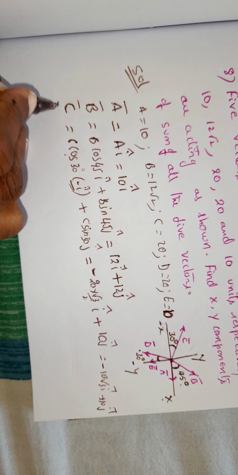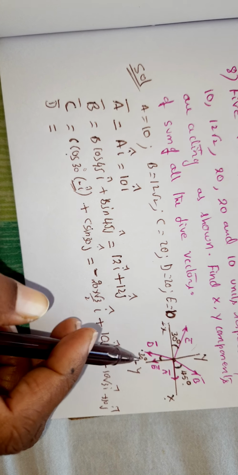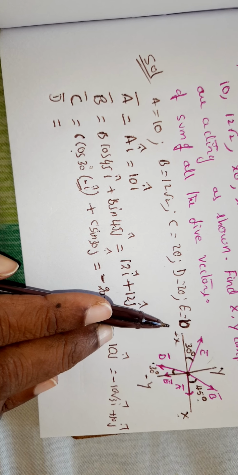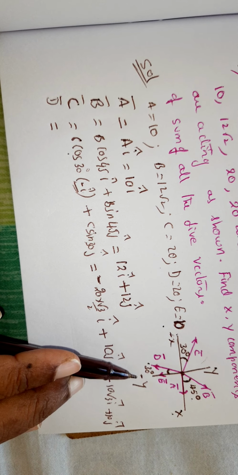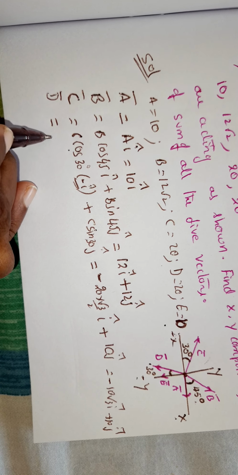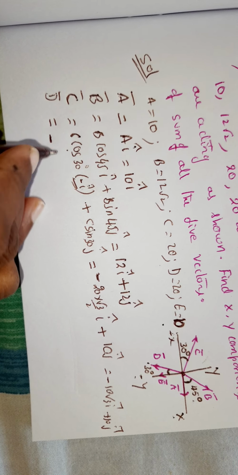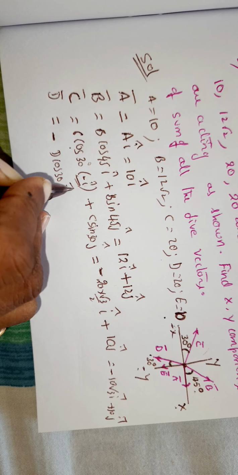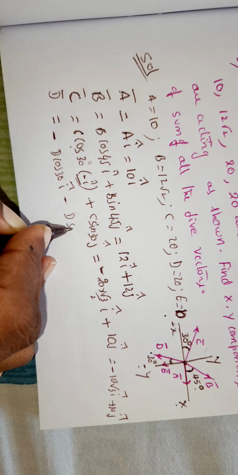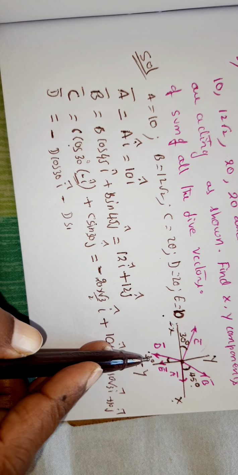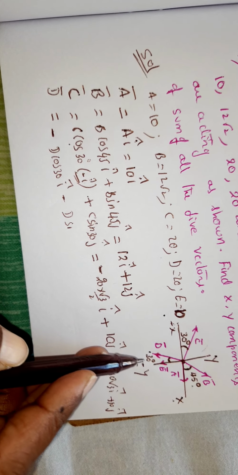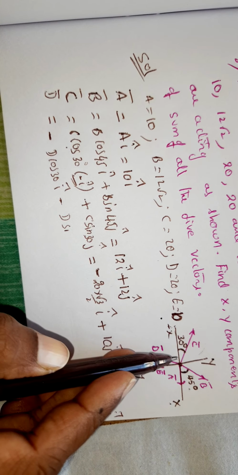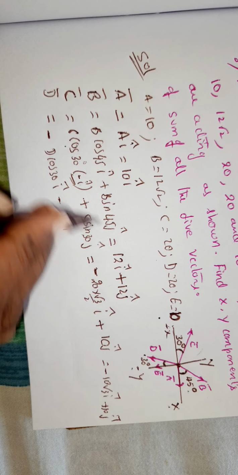Like moving on to D bar. So this is in third quadrant, where you have I is also minus, j is also minus. Right? So I am writing directly minus here. Minus d cos 30 I cap minus d, hold on. Now this 30 is with y axis. Here this comes the cos. Here we will be going with sine.